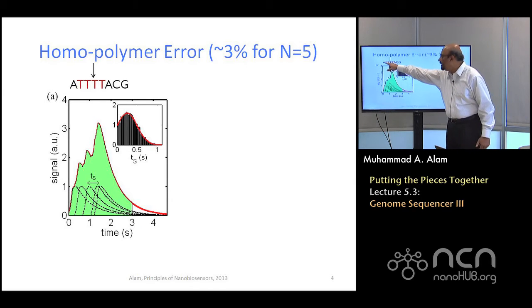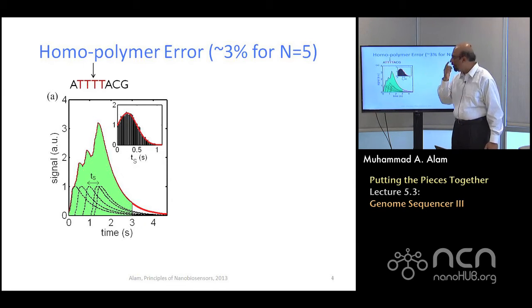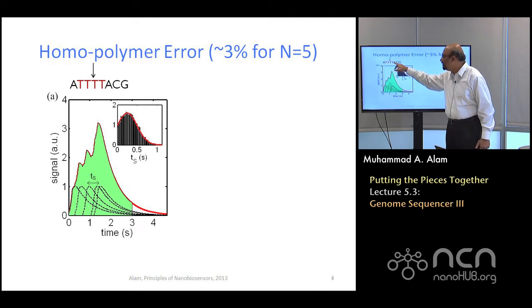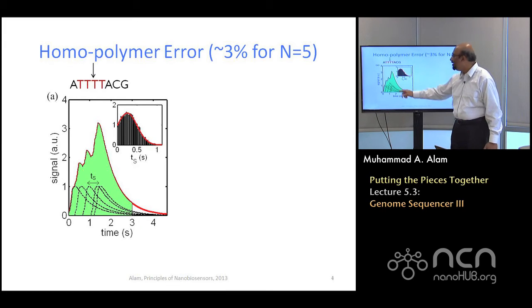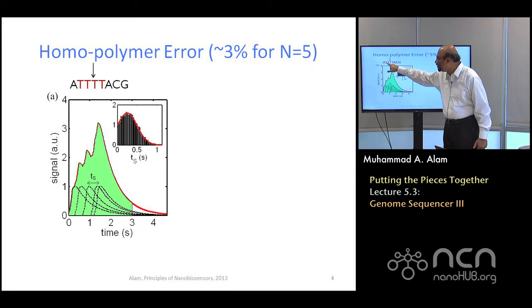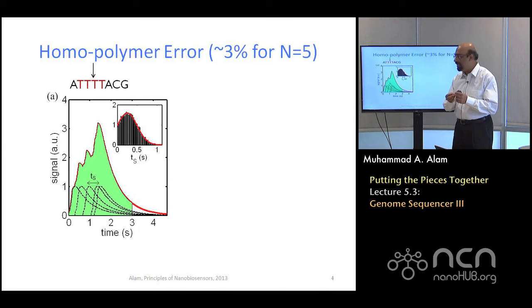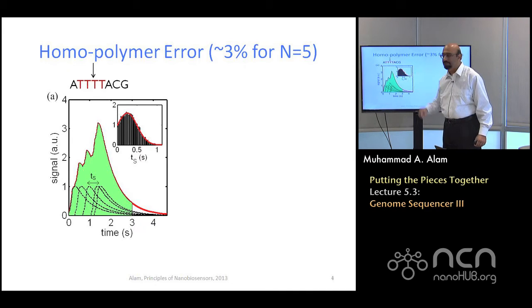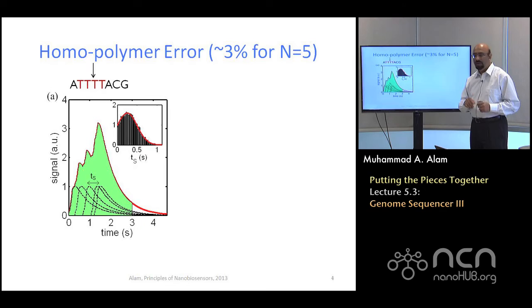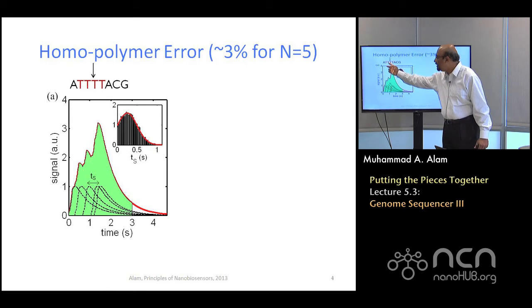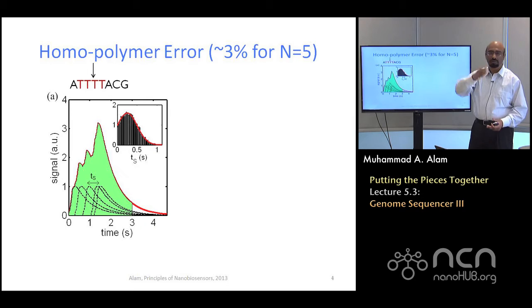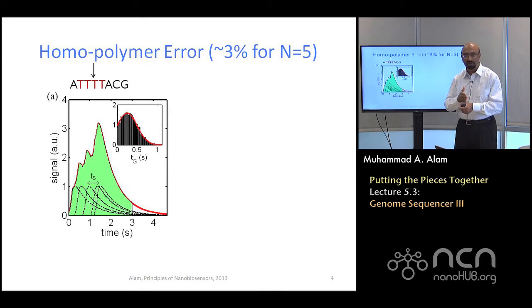Assume that I want to read this particular sequence. This is similar to the problem as before, A T T T T A C G, 4 T's. Now you can immediately see why it's called homopolymer, because you see I have a bunch of T's next to each other. These are the DNA bases all connected together. It's a polymer with the same conjugative bases. All right. If I didn't know anything, then if I bring in A molecules, A base pair, then I would have expected a pulse of width 4, because first the reaction would have taken place.